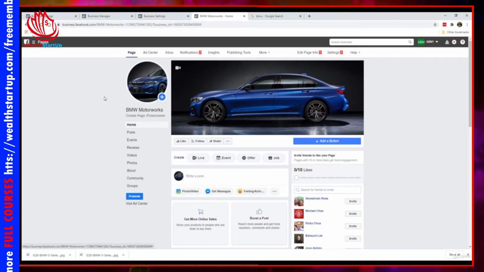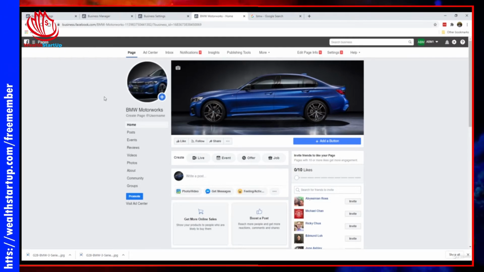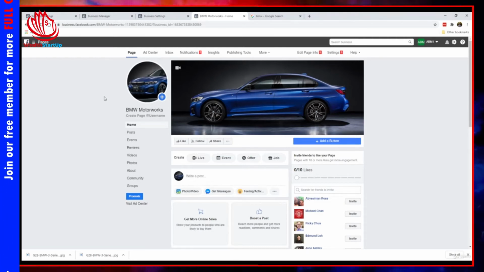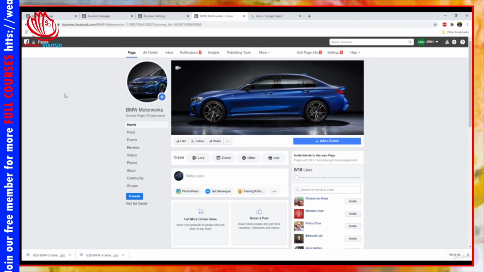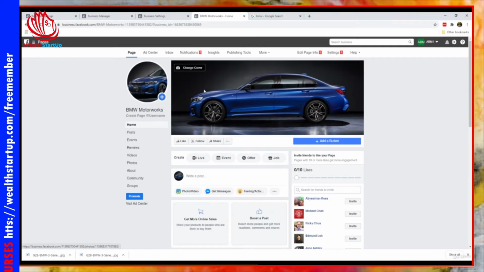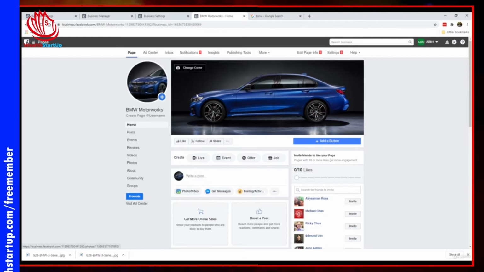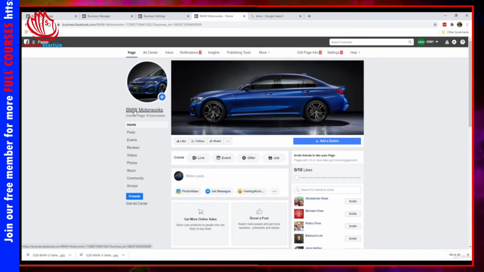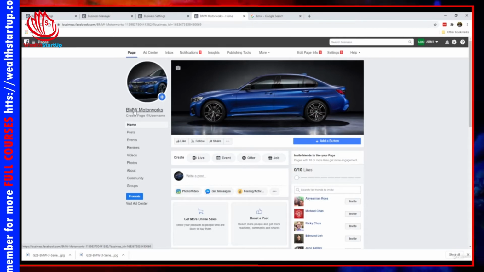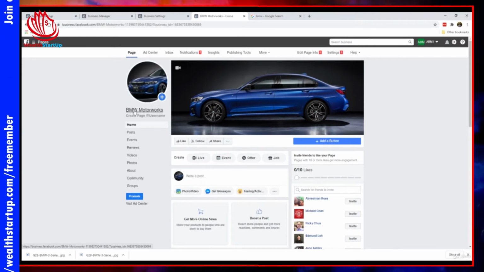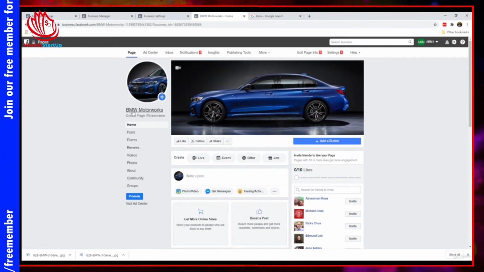Okay. Because one of the big, I won't say big mistake, but a mistake that I see sometimes happen is that some people advertise their Facebook page with no logo, no nothing. It just doesn't build any trust whatsoever. And like I said, it doesn't have to be this picture forever. You can always change the pictures later on, and to a small extent you can even change the name as long as it doesn't deviate from its original intention. Like for example, BMW Motorworks, you can't actually rename it to maybe Audi or something like that,